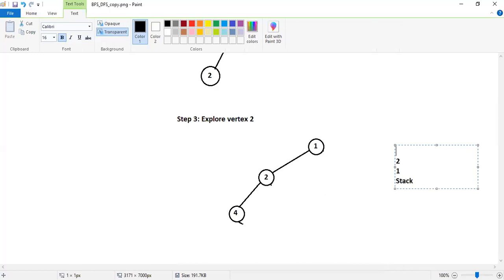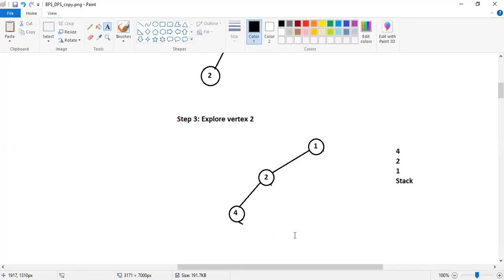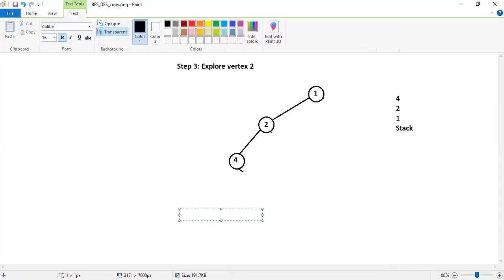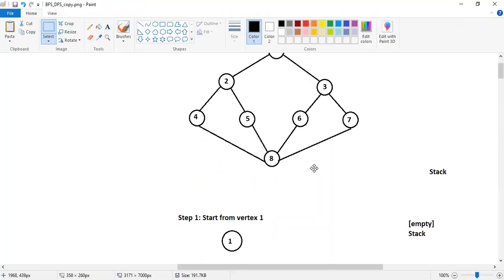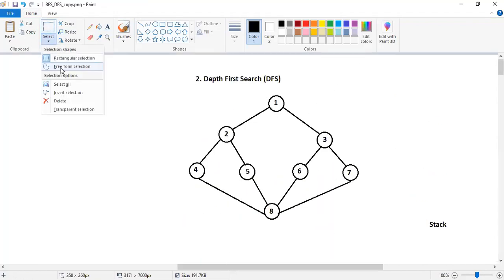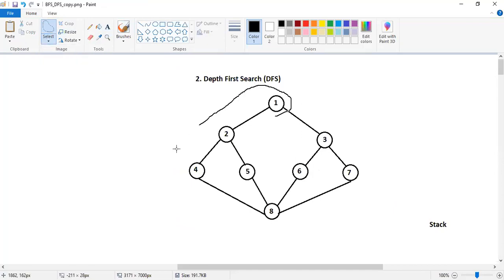So in my stack, I will have 1, 2, and 4. Now, on the top of the stack, what do we have? 4. That means now I should start exploring 4. So the next step: explore vertex 4. When I start exploring vertex 4, what will I get? Let me try to reuse the drawing.